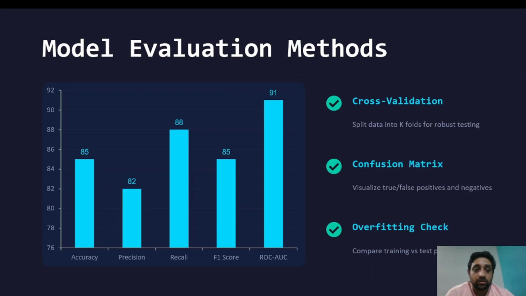Now, model evaluation methods. Evaluating a model correctly is essential to ensure its effectiveness. Metrics like accuracy, precision, recall, and F1 score help measure different aspects of performance. Accuracy shows overall